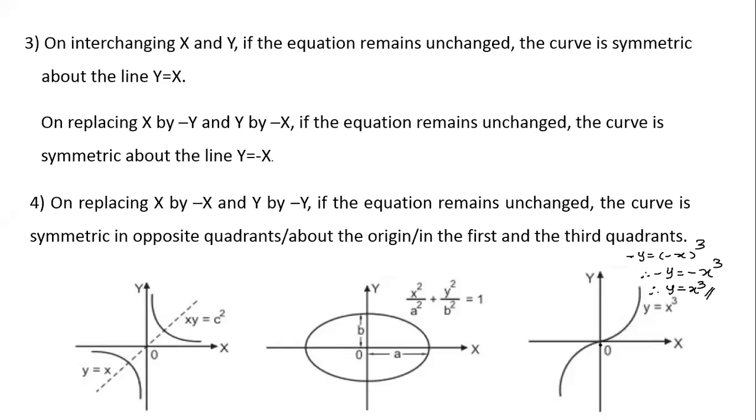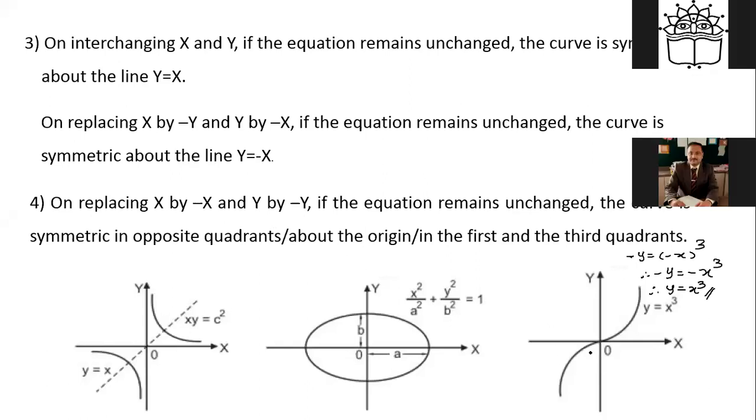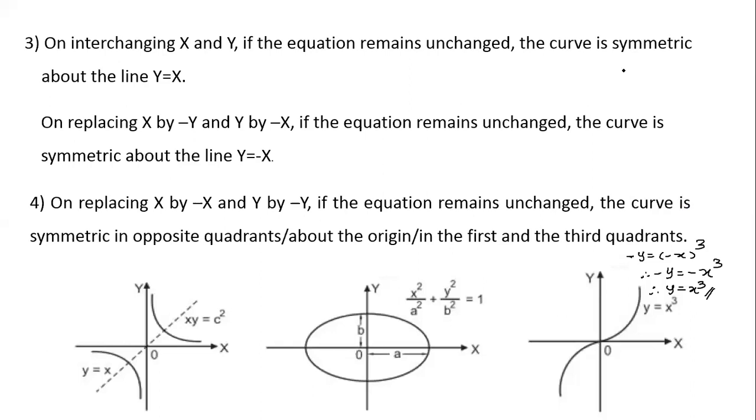What is meant by this? The meaning is that if just the upper half portion is rotated by 180 degrees, then it is exactly going to coincide with the remaining part. Suppose this part is rotated by 180 degrees, it is exactly going to match. Otherwise, you can fold this along the horizontal axis. Then the lower part will be here, and after folding along the vertical axis, both the parts are going to coincide.